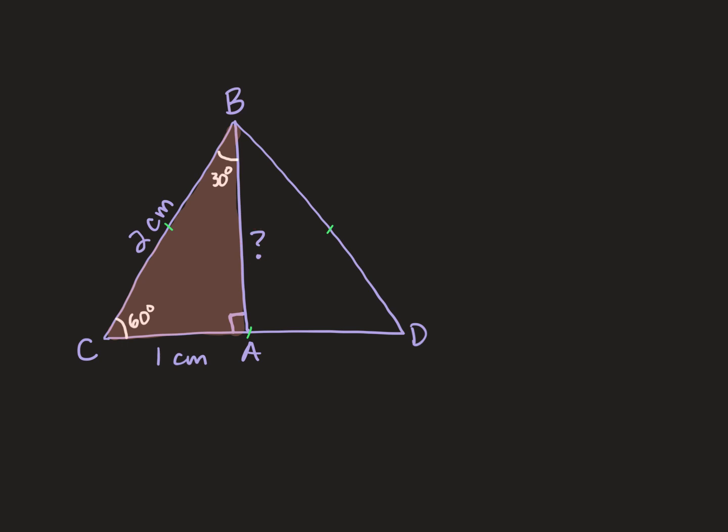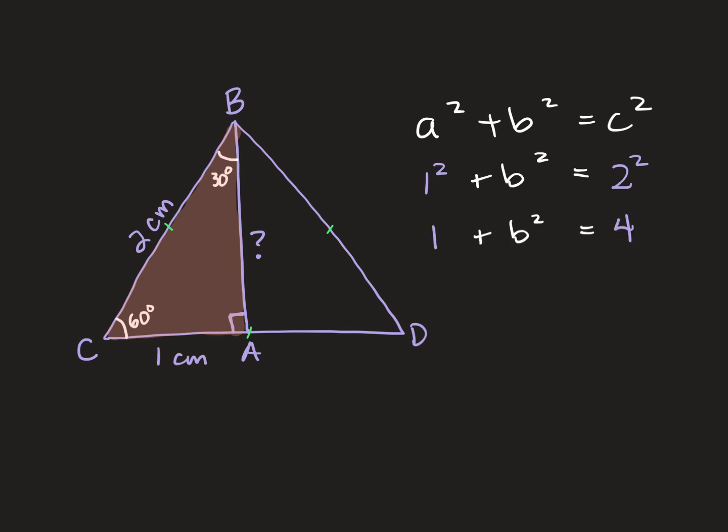So I just need to use the Pythagorean theorem for this. We know a squared plus b squared is c squared, and importantly that c is the longest side, so I'm going to make that my 2. So I'm going to take my 1 squared, my 2 squared. I'm going to simplify. And once we hit this stage, you should hopefully see that b squared has to be 3. If you want to take the extra step to subtract 1, and get that b squared is equal to